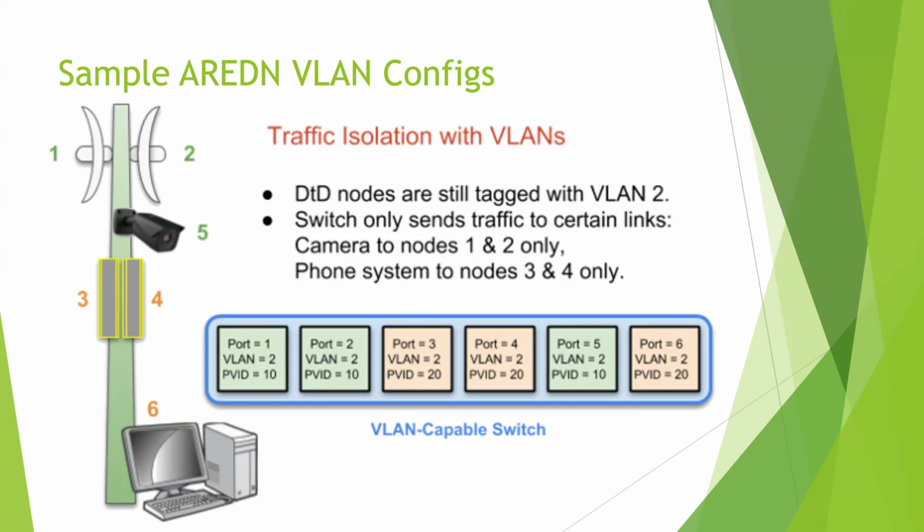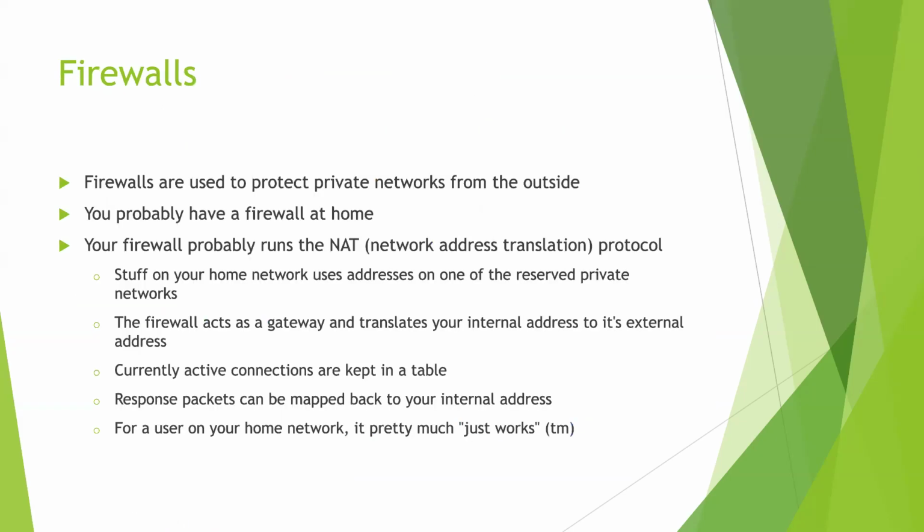Port 1 is VLAN 2 for, remember, VLAN 2 is DTD. And so anything that's on VLAN 2 is going to be able to talk to each other as a DTD device. So I want all my nodes to be on VLAN 2. And then the camera, I only want visible to nodes 1 and 2. I don't want nodes 3 and 4 to even see it. So I set the ports up for the port for the camera up so that it doesn't go on the VLAN. This is a bad slide. I'm just going to skip this one. It's too confusing. I'll talk about that in another meeting when we actually dig down into some of the AREDN stuff.